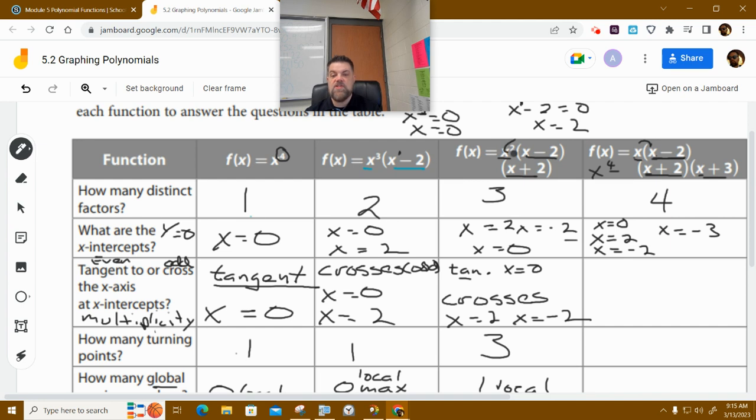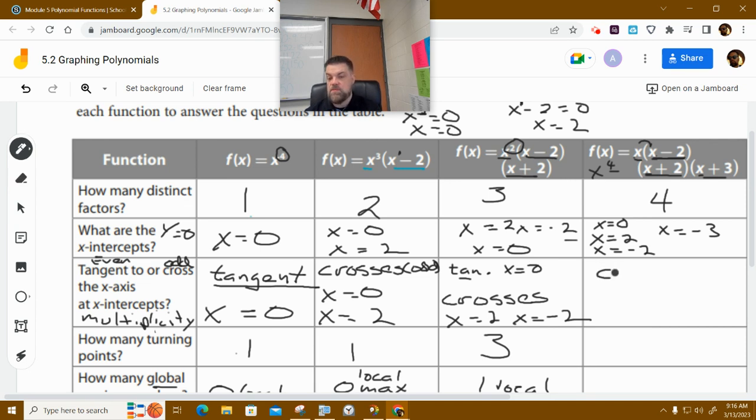See how this has x squared? Sometimes you'll have an x squared up here. That would mean the multiplicity of this solution would be 2. Okay? But it has to be an even multiplicity that would cause it to be tangent. We don't have any of those. We don't have any of those. So all of these are going to